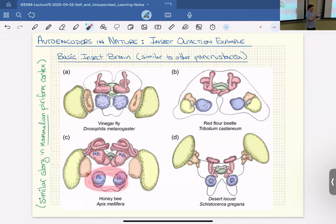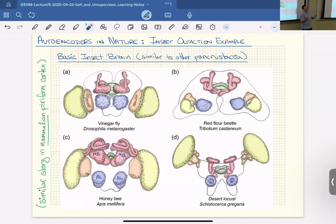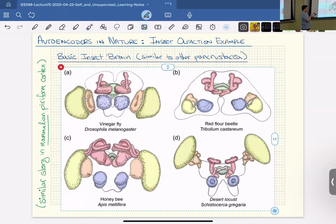So you can learn basic colors, for example, right in these more peripheral organs. But then concepts like above, below, or whatever are learned up here. And there are ways that you can go into a brain like this, and with light, you can manipulate the gene expression in this brain so that certain neurons can be turned off when you flood the head with certain wavelengths of light. And you can turn off projections